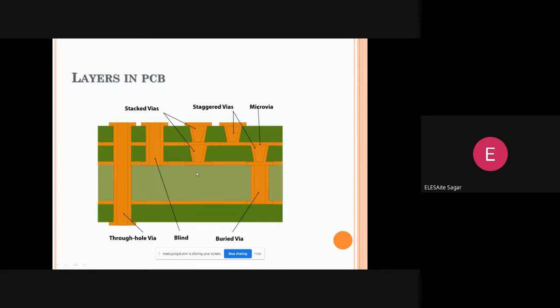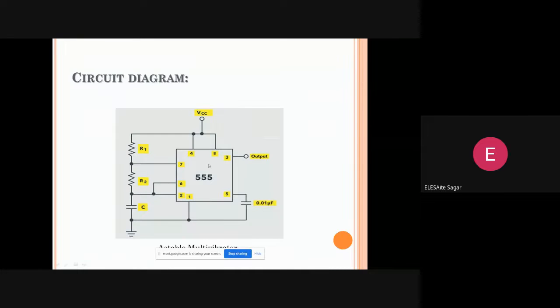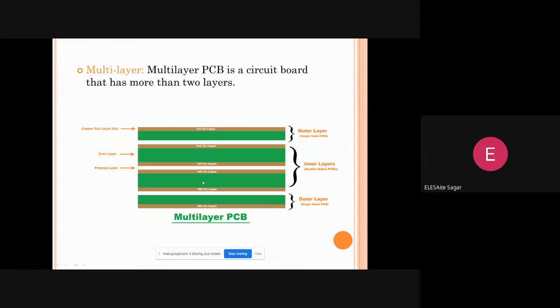Whenever we are going to connect them, we need to add a wire as I showed in the PCB designing. Whenever we add the via, it will connect them to each other like this. Let me show. If I am connecting the first layer to the second layer, then whenever I add this wire, it will be shown like a hole from here to here, and it will connect one layer to the second layer like this.